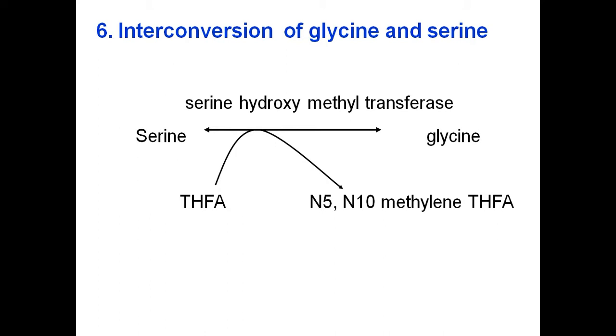Then there is the interconversion of glycine to serine and serine to glycine by the enzyme serine hydroxymethyl transferase. The methylene group from serine is taken up by tetrahydrofolate, which gets converted to N5,N10-methylene tetrahydrofolate, and serine is converted to glycine by serine hydroxymethyl transferase. This reaction also requires pyridoxal phosphate